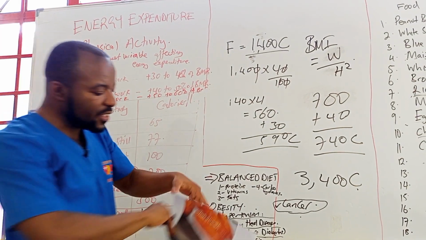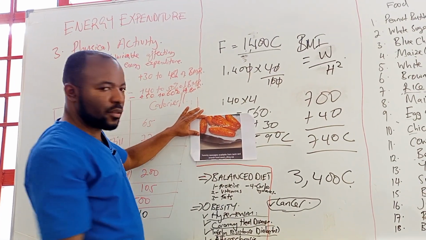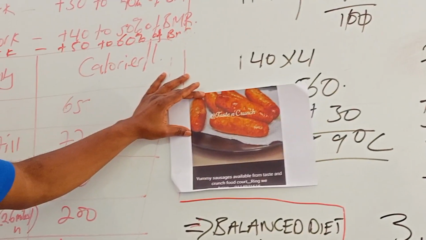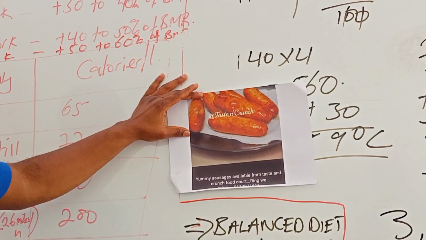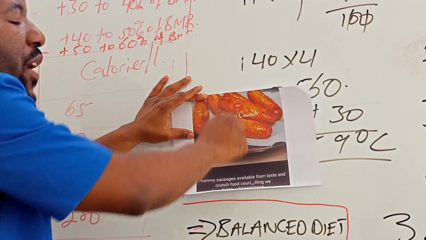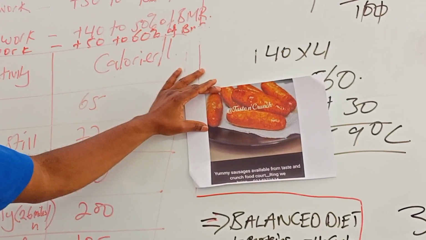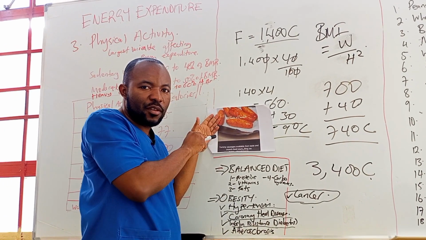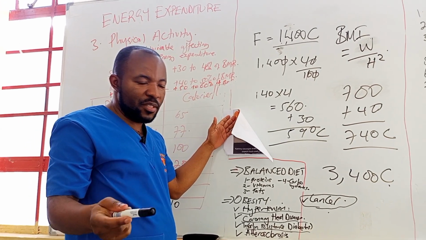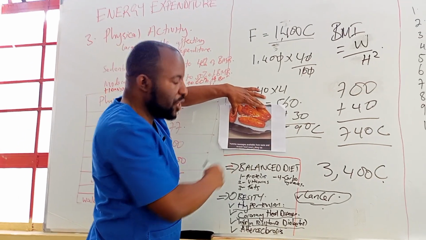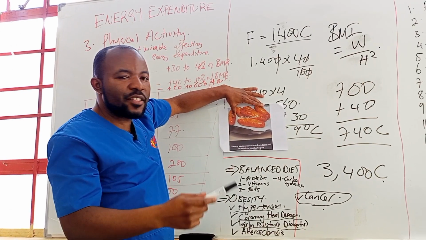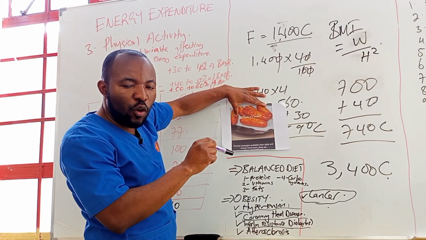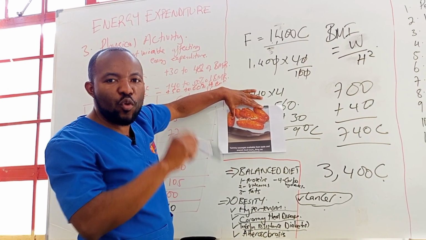For the snacks, we are saying a better snack is this. If you do not have money, buy sausages, because they've got protein. They're going even to help you to reduce the risk of having ulcers, because in your stomach, there's an enzyme called pepsin that breaks proteins. So if you don't eat at lunchtime because you are busy, that enzyme is released. And if it finds that your walls don't have enough mucus, that enzyme is going to attack your wall and dig. That's how you're going to get a wound.